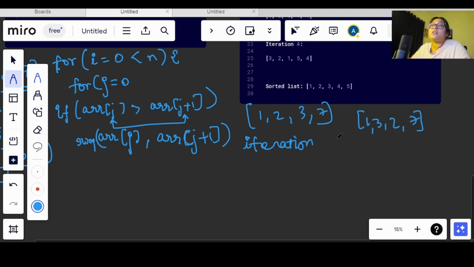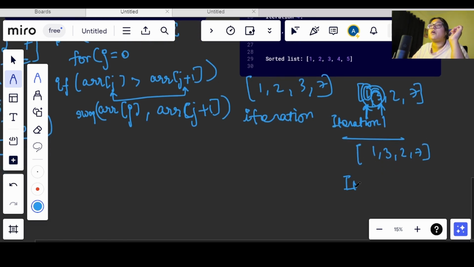Now what I do here, in the first iteration, I start from here and we compare both of these. Okay, now we compare if 1 is greater than 3 or not. It is not, so we will leave it like that only. Now in iteration 1 we have 1 3 2 7 only.